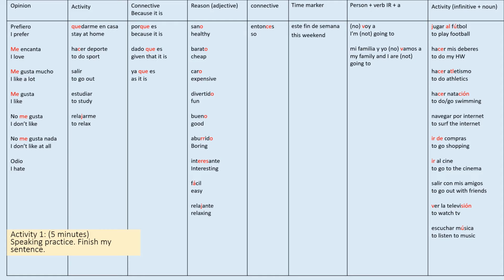So I'm going to start with Prefiero hacer deporte porque es sano. Entonces, este fin de semana voy a hacer... Therefore, you would have to finish that sentence. Now, there are a few options here for hacer. However, you heard hacer na... So you would need to say,